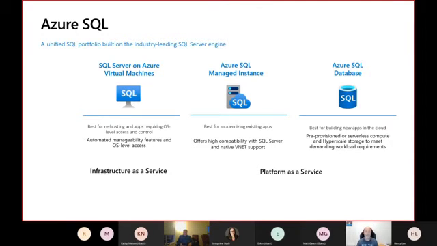And why do we have two of them, Azure SQL Database and Azure SQL Managed Instance? Well, first of all, each of them has its own purpose. Managed instance is basically the managed service of SQL Server. It's not exactly SQL Server. It's almost 100% compatible with what we know of SQL Server, right?